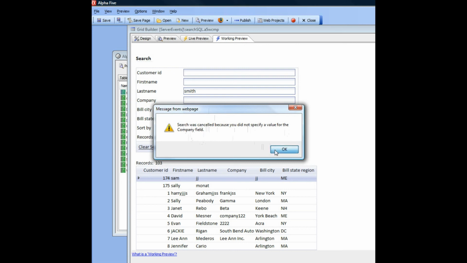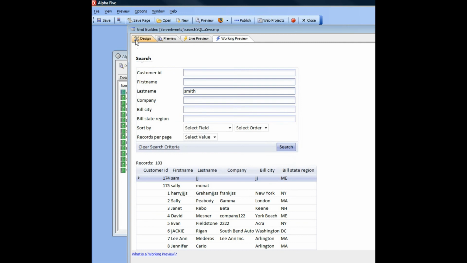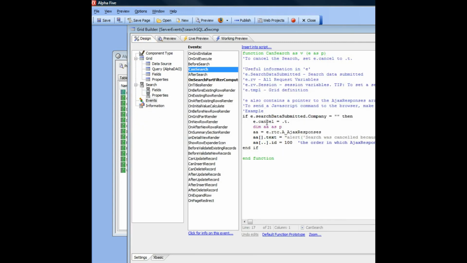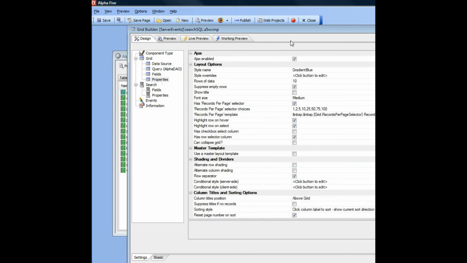So this is an example of where we canceled the search, but we did the computation on cancelling the search on the server. This is a server-side event. Now, we could also have achieved the exact same result by using a client-side event, which would have not involved any callback at all. So this was just one way of doing it, but I could also have gone to my properties over